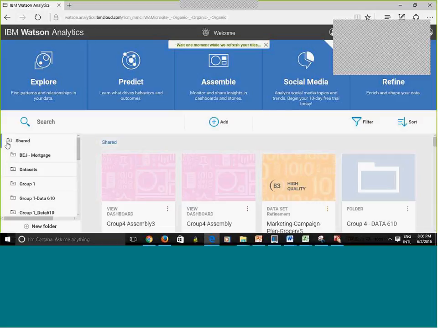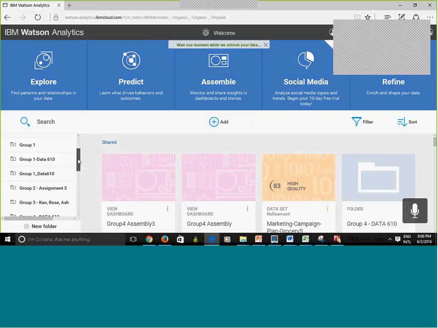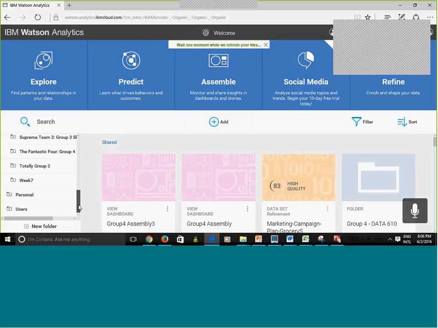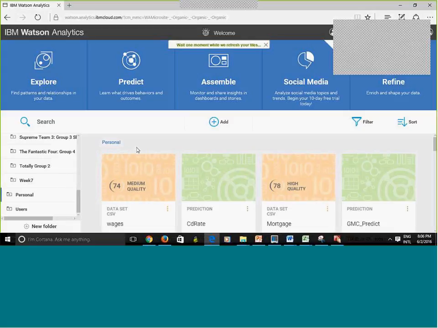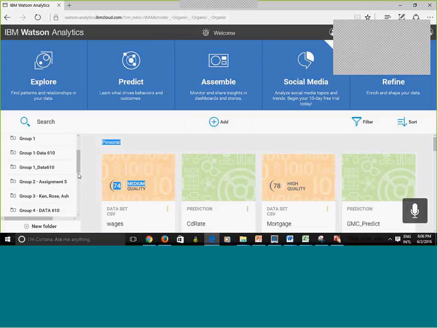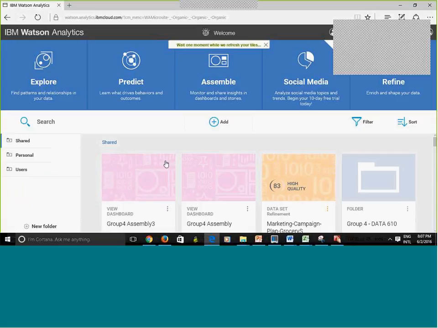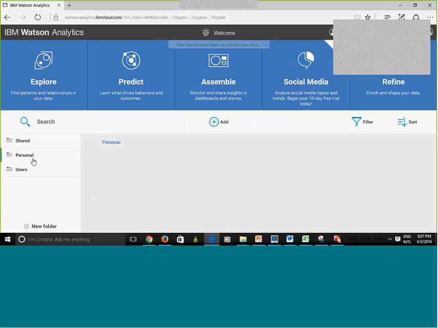Everything that's in the shared folder is everything that you can access, anything that was created by your teammate or instructor that was shared with you. And you also have a personal folder. That's everything that you created. So when you load the data set, or when you create your explorations and predictions, it's going to be in your personal folder.